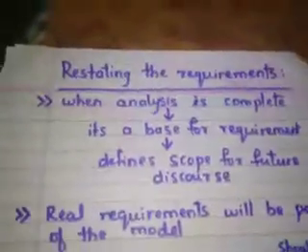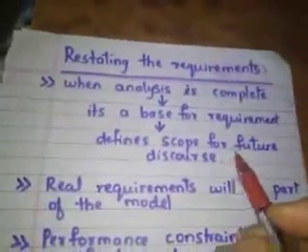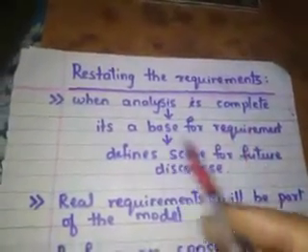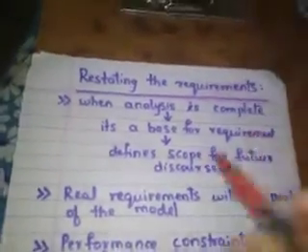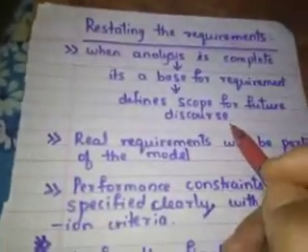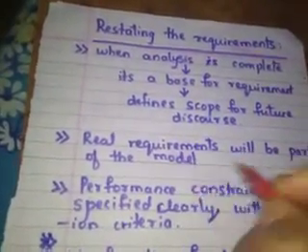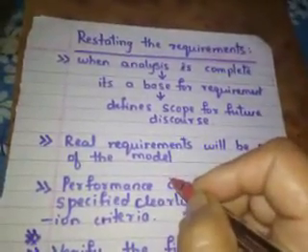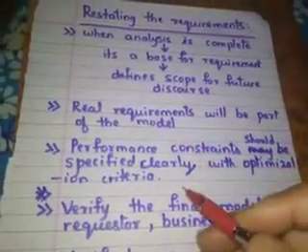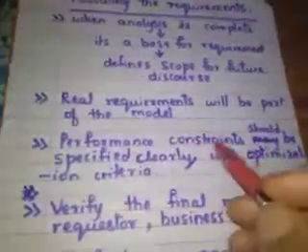Next is, once the analysis is done, we'll get the set of requirements that are the main need of our software development. So when the analysis is complete, we are getting the requirement set, right, which is defining the scope of our application. Why are we developing it? Once it is done, the main real requirements of any domain will become the operations in our application, right? So whenever we decide the different operations, sometimes non-functional attributes are also attached to them. Those are called performance constraints.